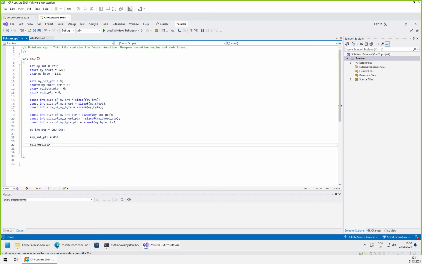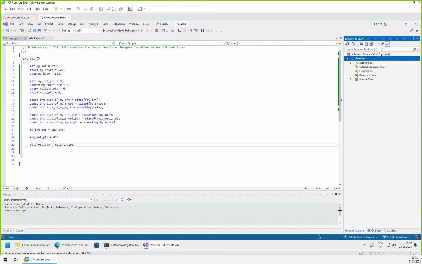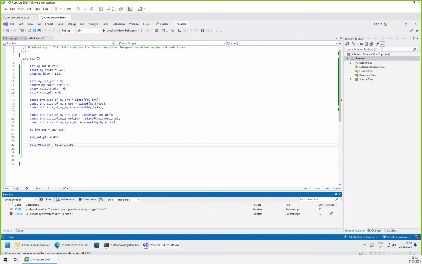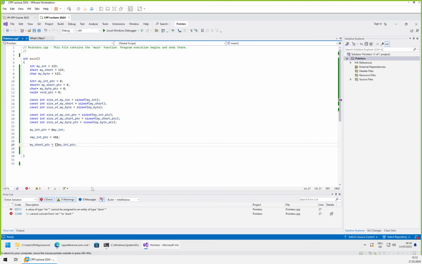So if we now go down and we have our integer pointer, let's go for our shared pointer and try to assign a pointer to another pointer. If we try to assign a pointer that points on type int, to a pointer that points on type short, the compiler, or rather the editor, but the compiler as well, complains. So the editor complains that this is not a valid conversion, and if we try to compile the project, then the compiler will throw an error saying again that it cannot convert a pointer of type short to a pointer of type int. And we could of course force it with the trick that we have learned last time for the floats. If we just write short asterisk,